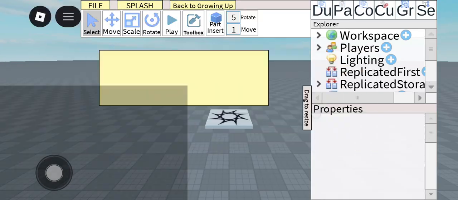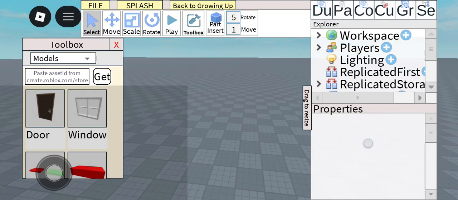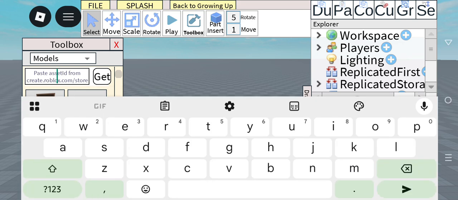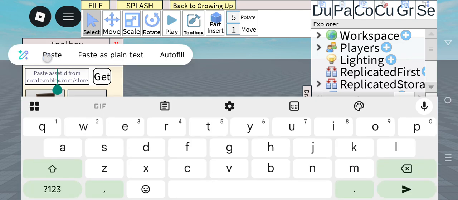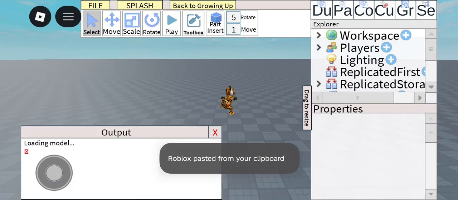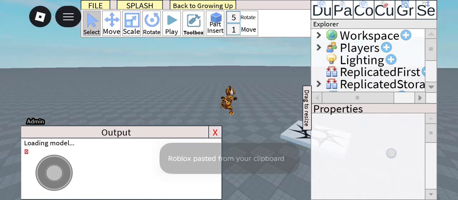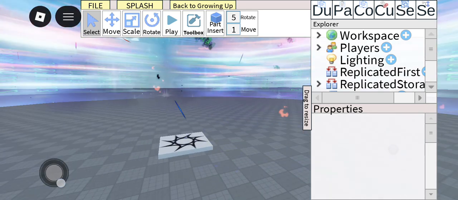Sorry about that. First, paste the ID in the description. Just click the paste, and then